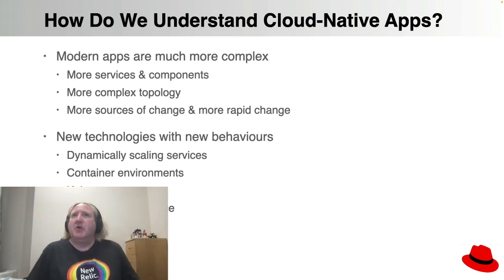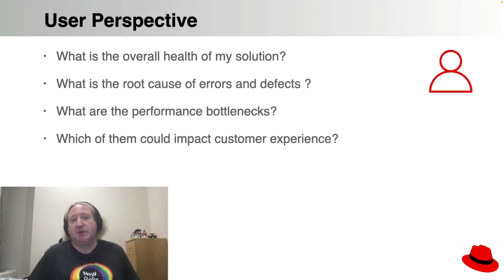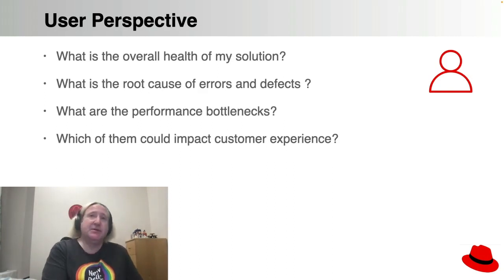So that's our world. Those are the things that we have to face. Those are the challenges, and that's why we need to do things in a different way. But having said that, despite all of that additional complexity and all of that additional change in our landscape, certain questions, certain aspects, we still need answers to. What is the overall health of the solution? What about root cause analysis? What about performance bottlenecks? What about, is this change bad? Have I introduced some sort of regression by changing the software and doing a rollout? And overall, what does the customer think about all of this?